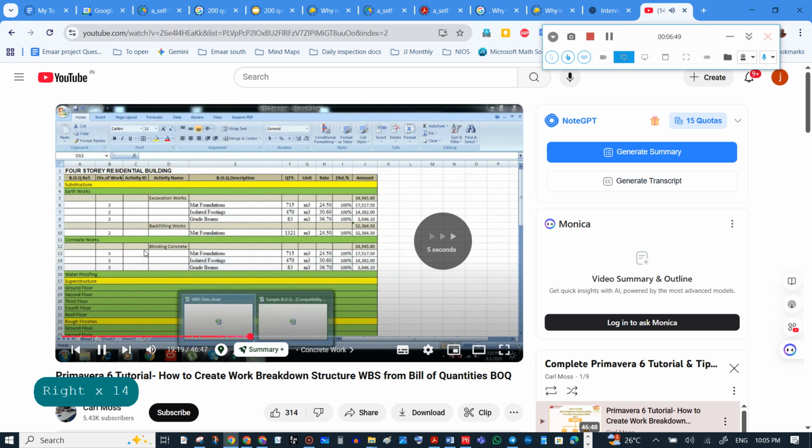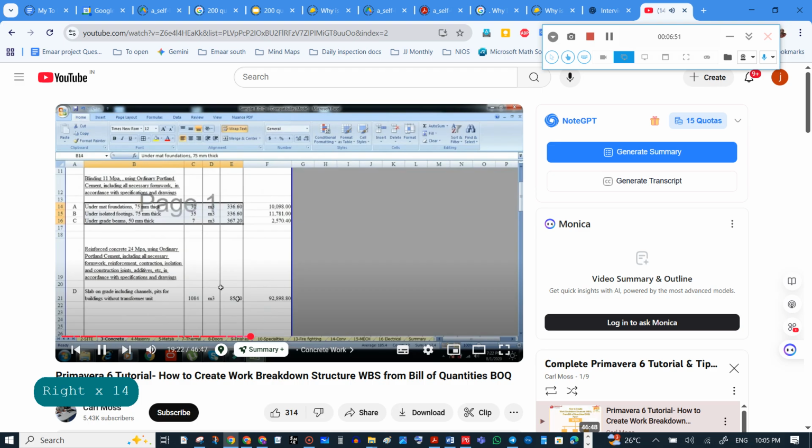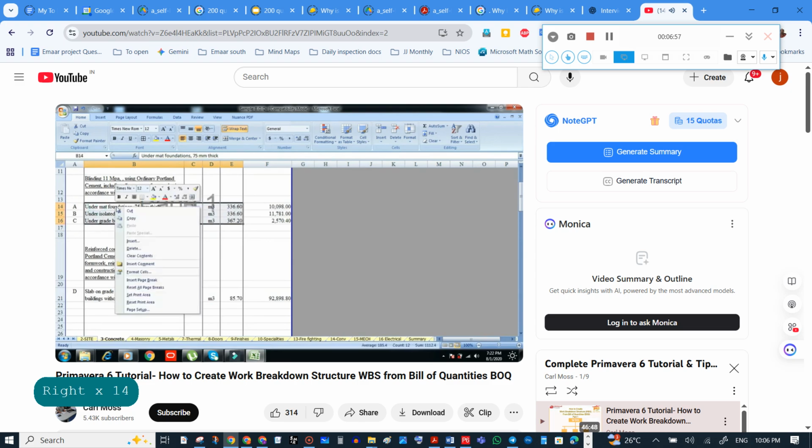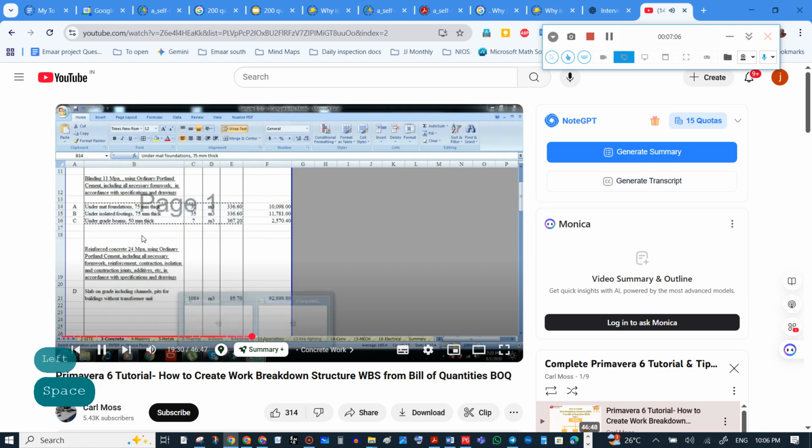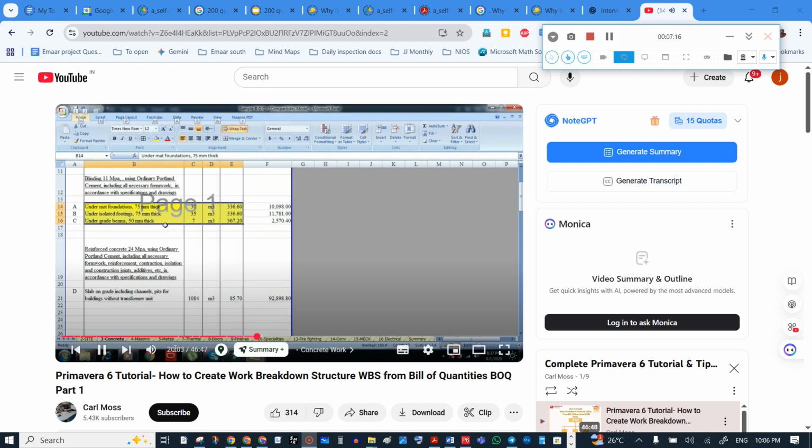Copy the BOQ for these 3 items. Paste here. Okay, here we can see the blinding is 11 MPa. Okay. These 3 items are 100% distributed.